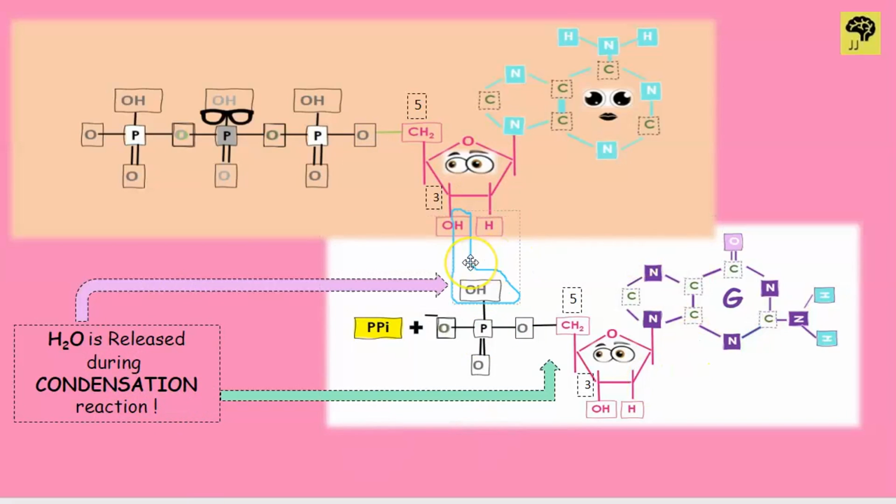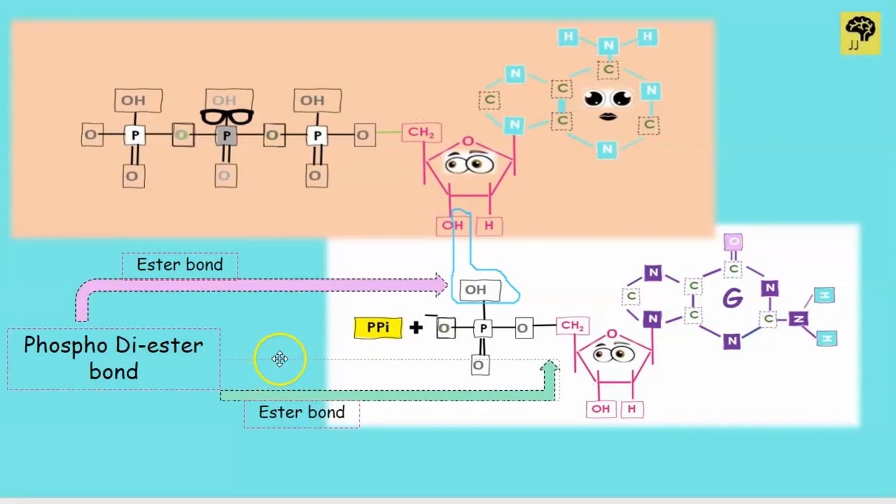Okay, we have seen a similar kind of reaction somewhere else. Remember? Do you remember that? Yes, here, when an ester bond is formed between a phosphoric acid or a phosphate group and the fifth carbon of the pentose sugar. Here also H2O was released, and it was also between an acid and an OH group. Remember? So this is also an example of what? Yes, ester bond. So here two ester bonds are present. That is, one is present over here, and the second ester bond is present over here, that we have already learned, right? So this is a